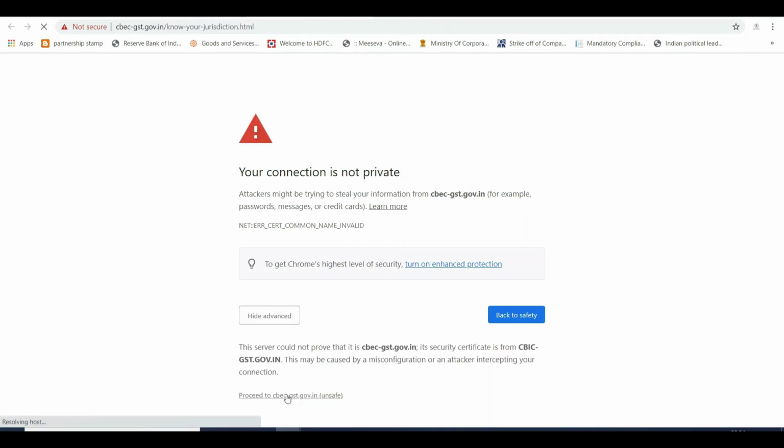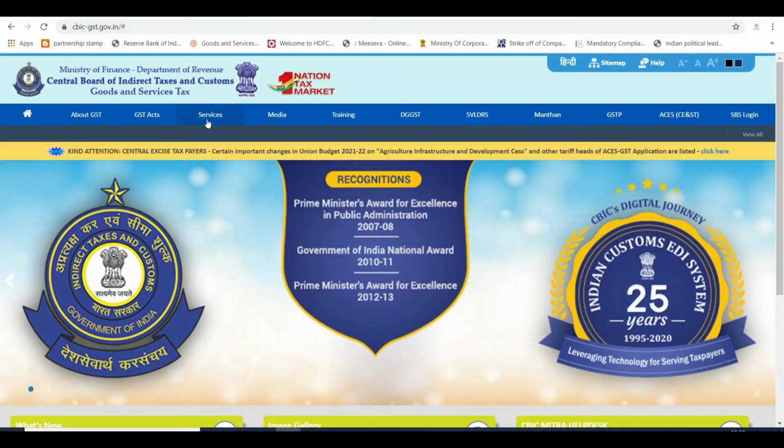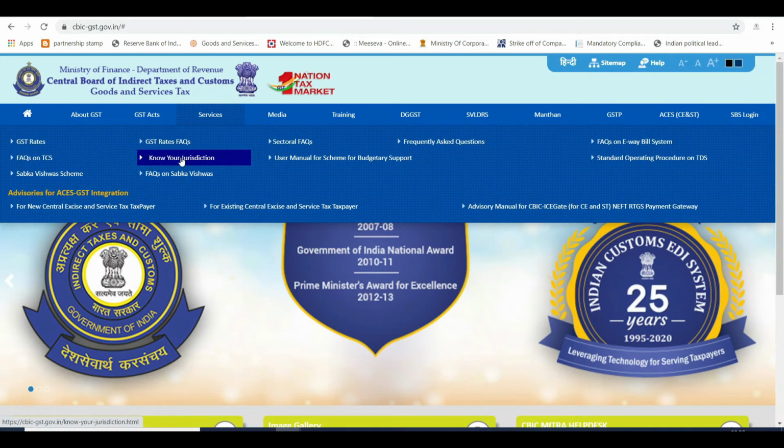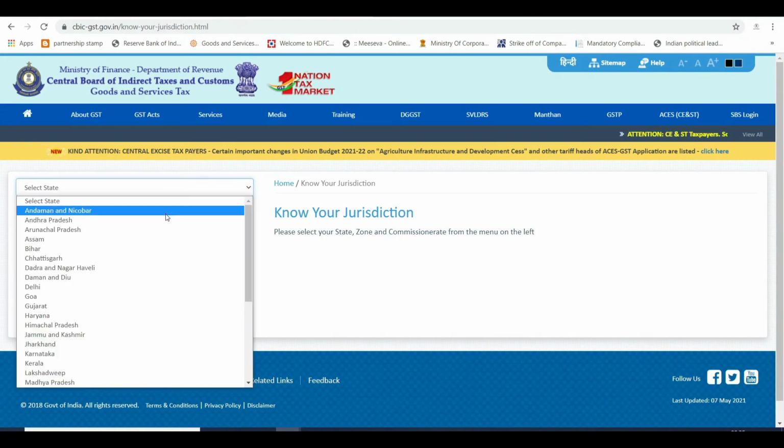That will take you to a separate website of the GST CBIC department. Under services, you will be able to find the link for Know Your Jurisdiction.